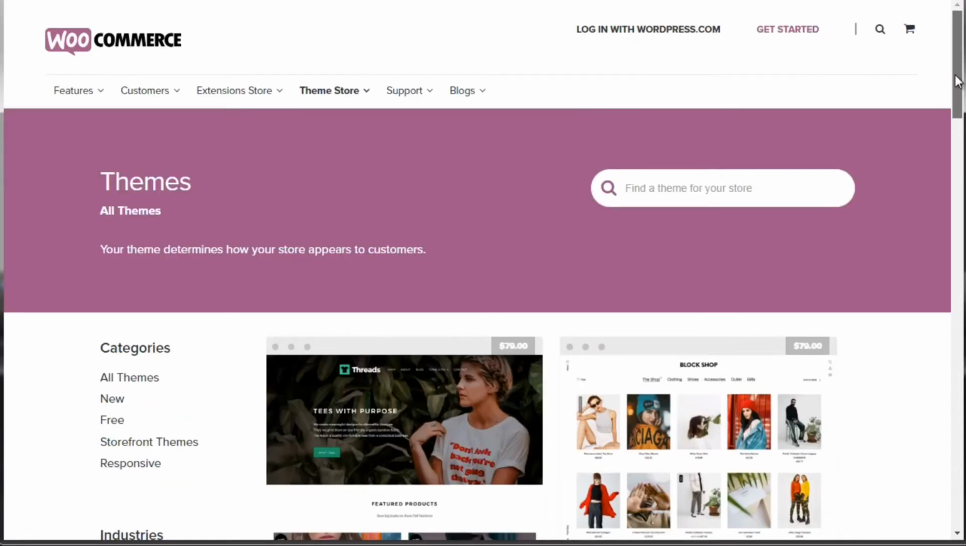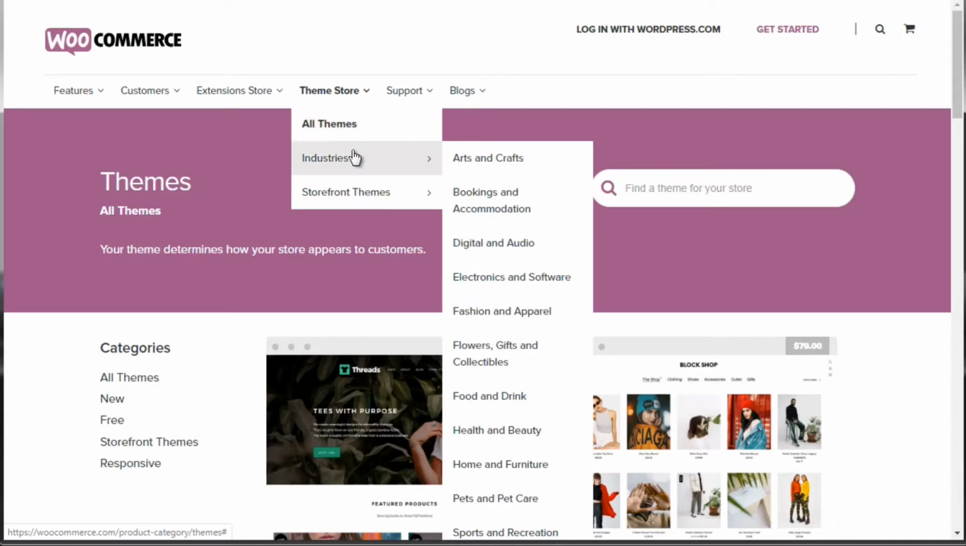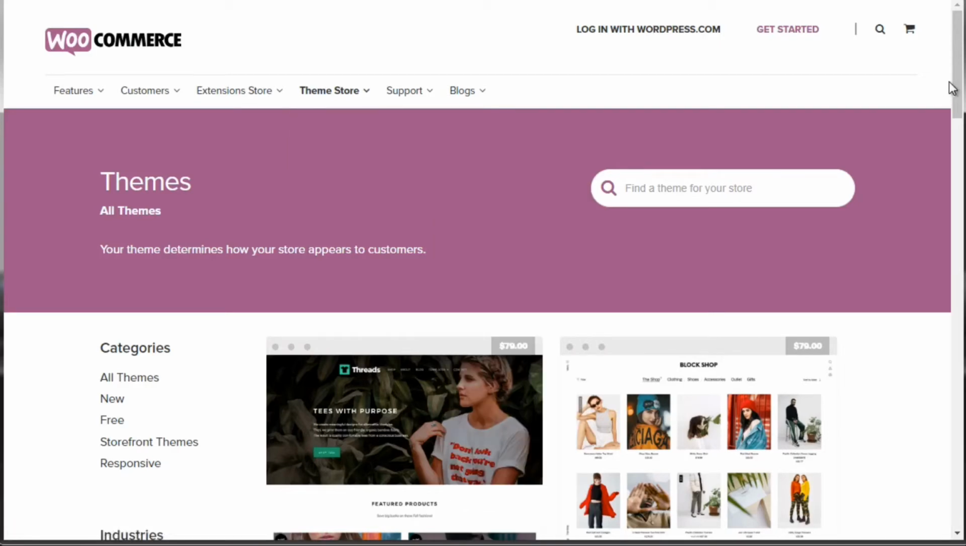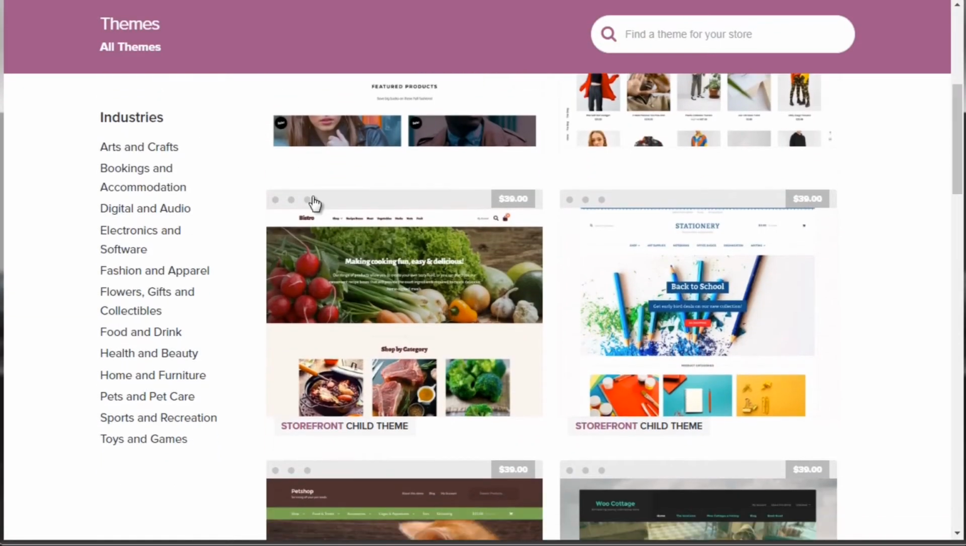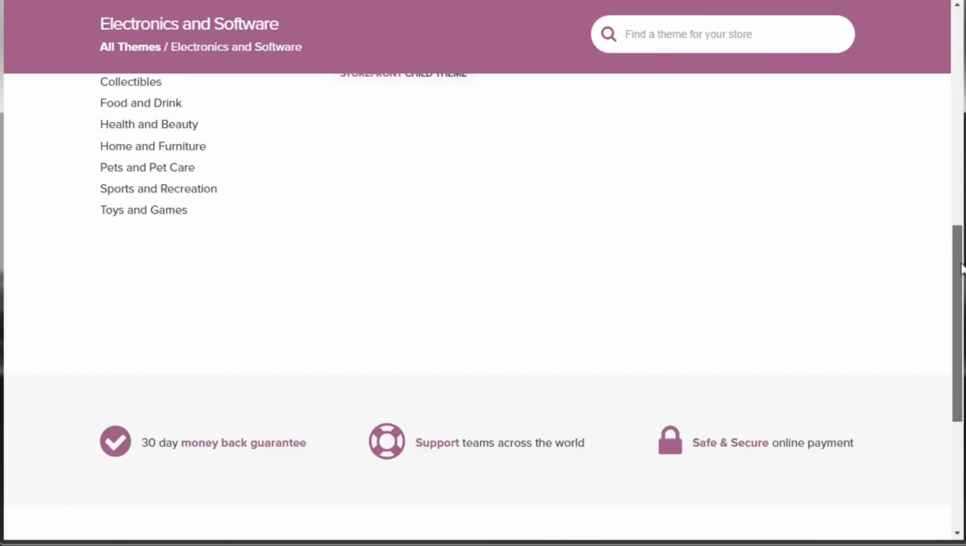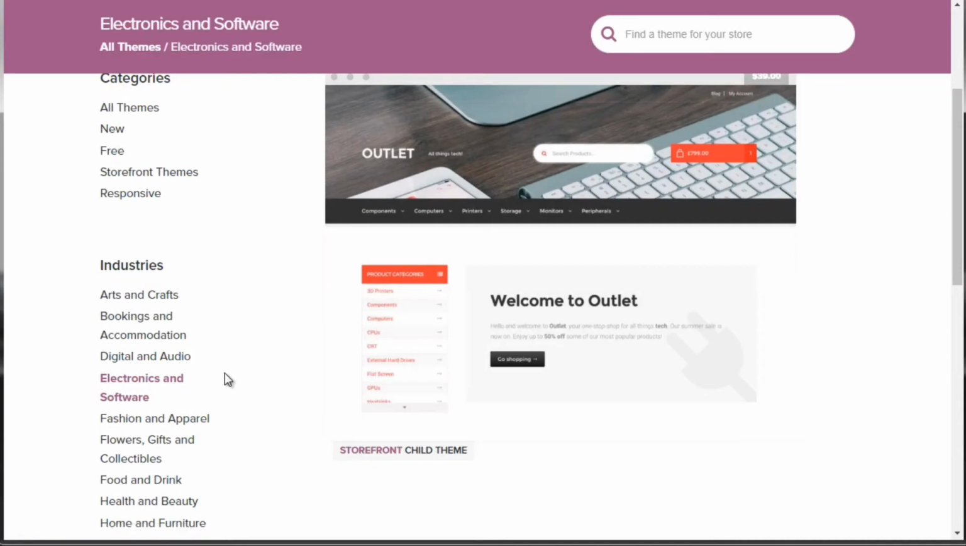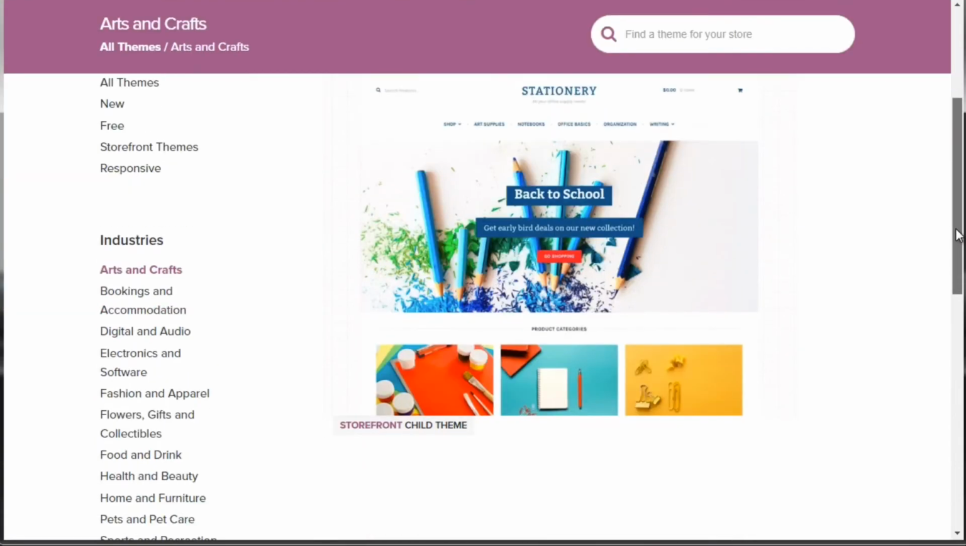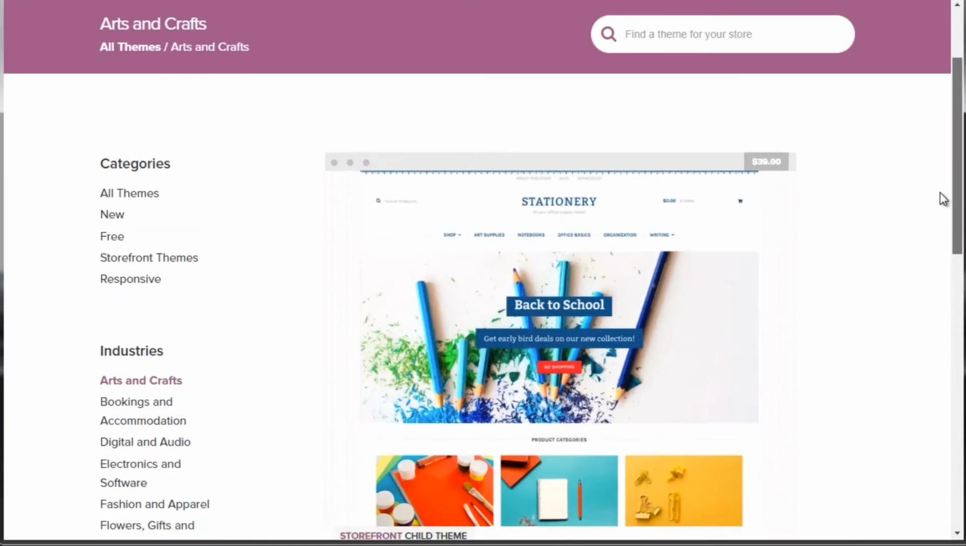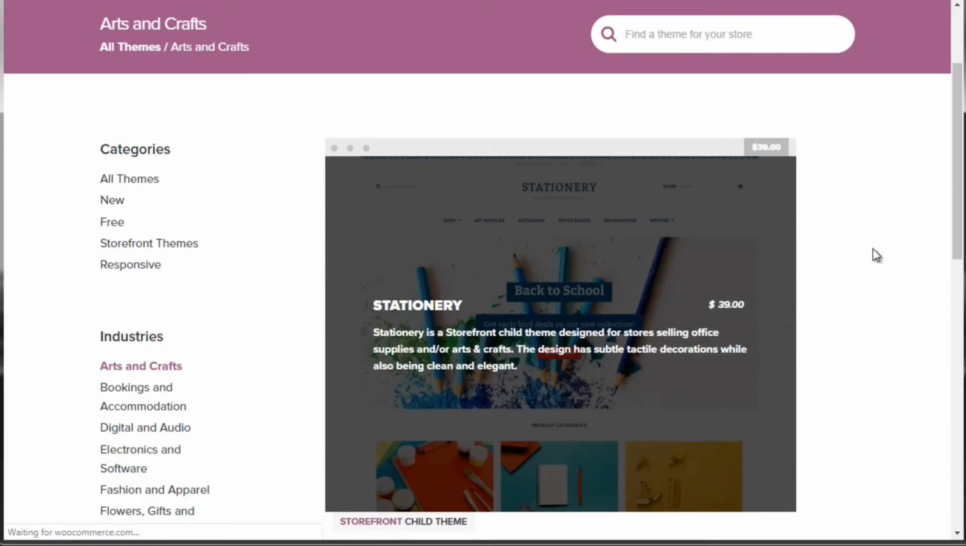So if you come here, you simply select theme store, and you can see there are different industries. You can pick and choose the industry that matches you, and that's what I recommend that you do. So if you scroll down here, and let's say, for example, that we do something like software. We scroll down further and take a look at what they have. Let's see, they have this one here. Let's choose something else. Let's do arts and crafts. We scroll down, there's only one theme, but if you click on that,